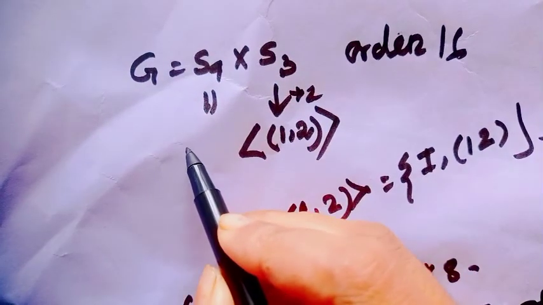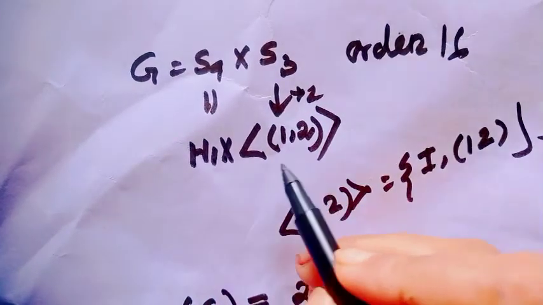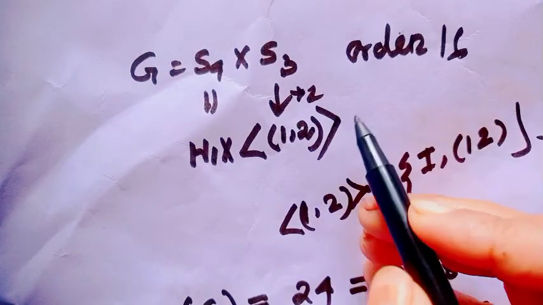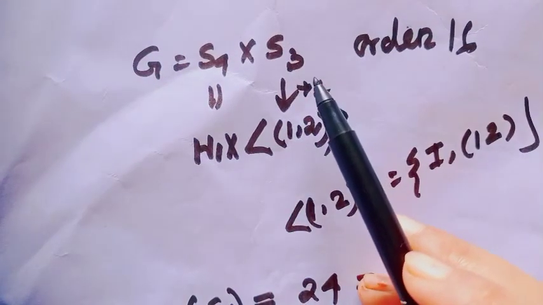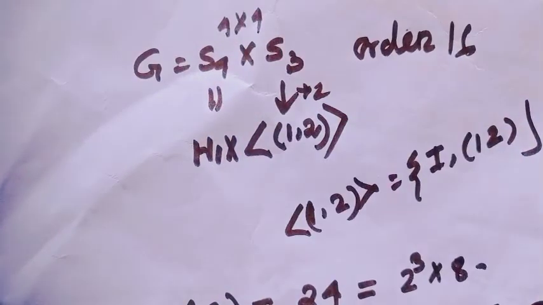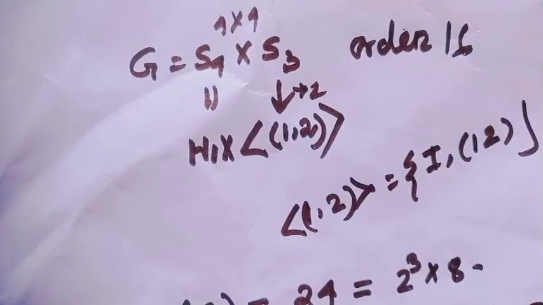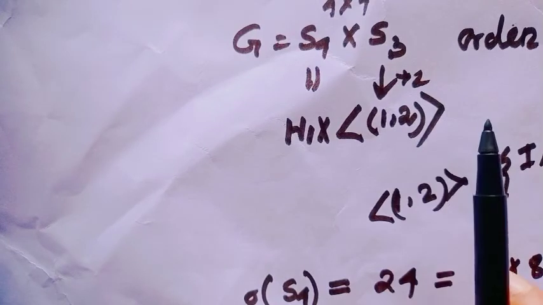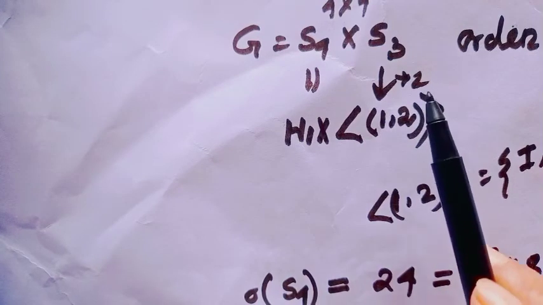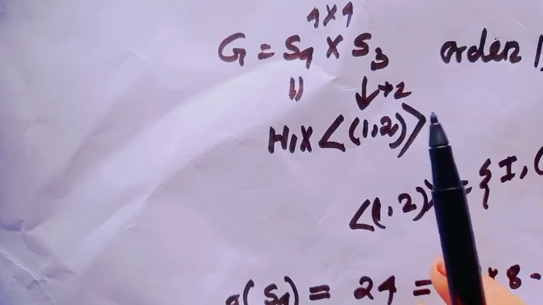That means consider this subgroup as S1. That means S1 direct product the cyclic subgroup generated by (1 2), the order would be 16. Here I have considered it here. In S3, 2 subgroup, because all of us know 4 times 4 equals 16. But in S3, there exists no subgroup of order 4. If we consider 2 times 8, this is also possible. But in S3, there exists no subgroup of order 8. So the only possibility is 8 times 2. Are you getting? Well.